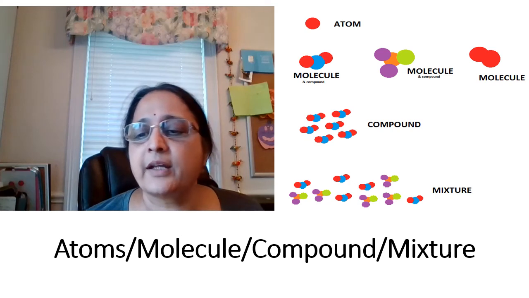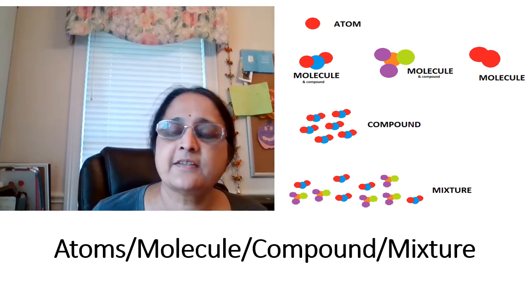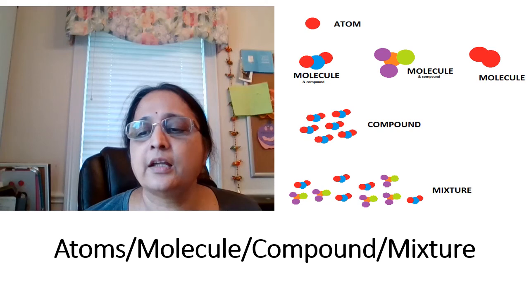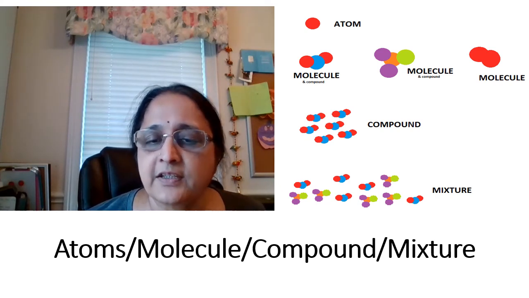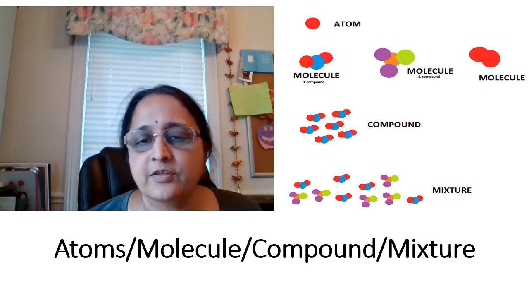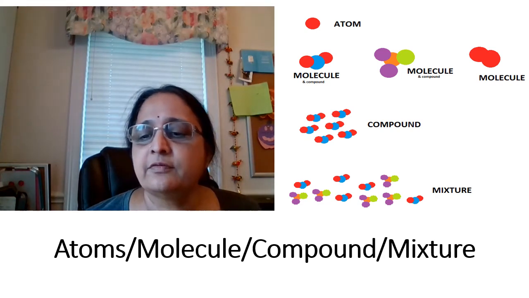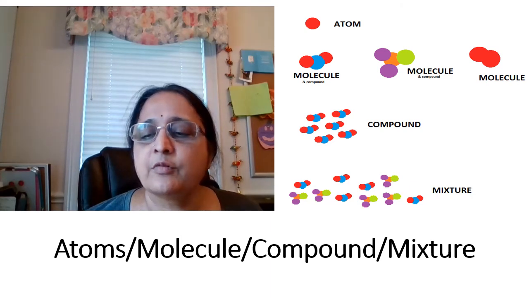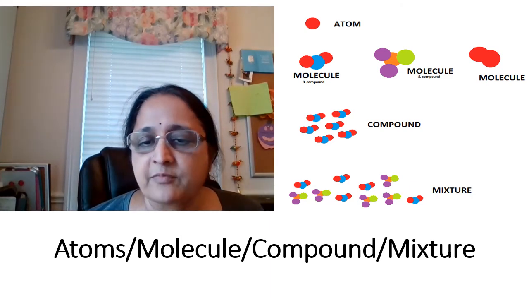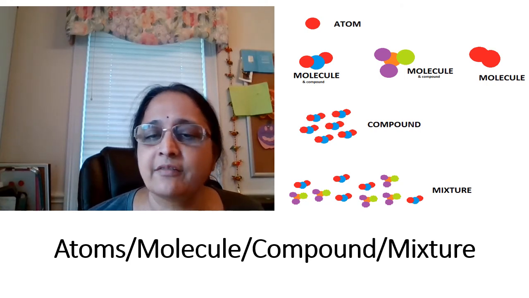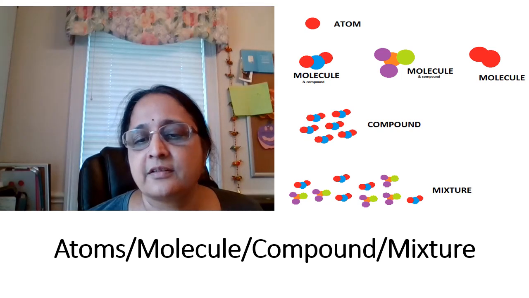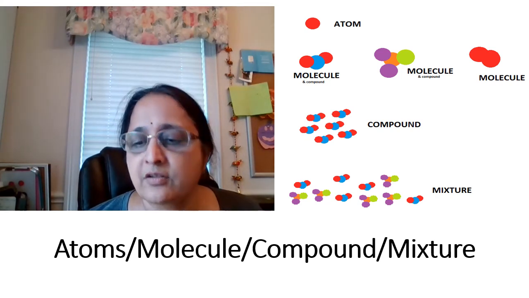So this is the diagrammatic representation for atoms, molecules and compounds and all together mixtures. You can easily understand by seeing the different kinds of atoms in each category. If you see a molecule, it can be made of atoms of one single element or more than one type of element's atoms. But a compound should always have two or more different elements' atoms. A mixture can have all the things together.